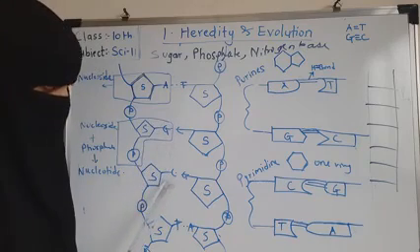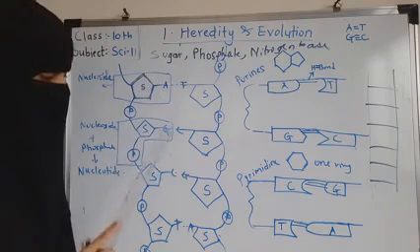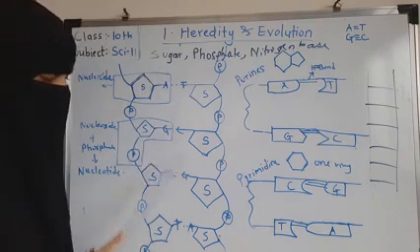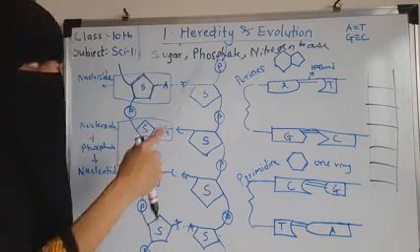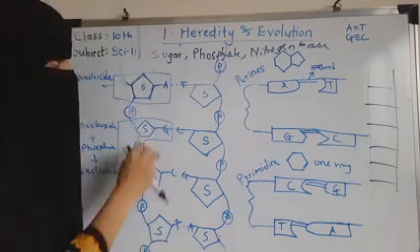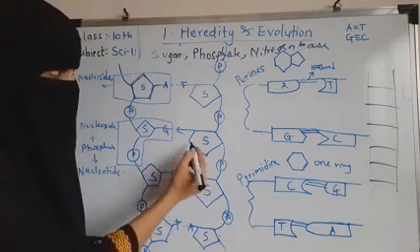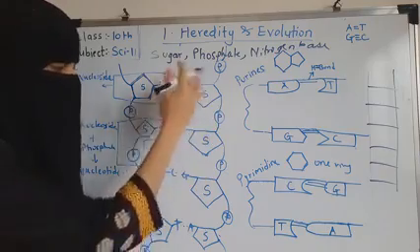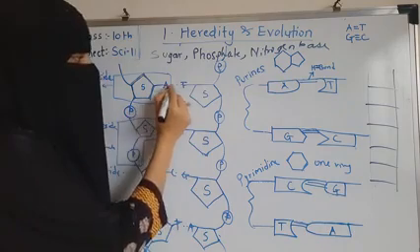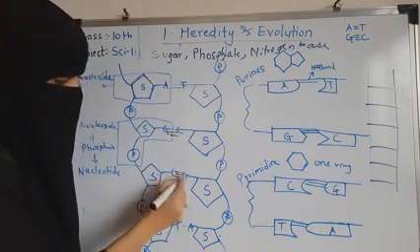Then see here again, these are continuous: A, G, C, T, adenine, guanine, cytosine, thymine. Then again the chain will continue: adenine, guanine, cytosine, thymine. Like this, the other strand also. But since they are complementary, this is going upward, this is going downward. That's why these bonds are made. Adenine and thymine, double bond. Guanine and cytosine, triple bond. They are bonded with 3 bonds.